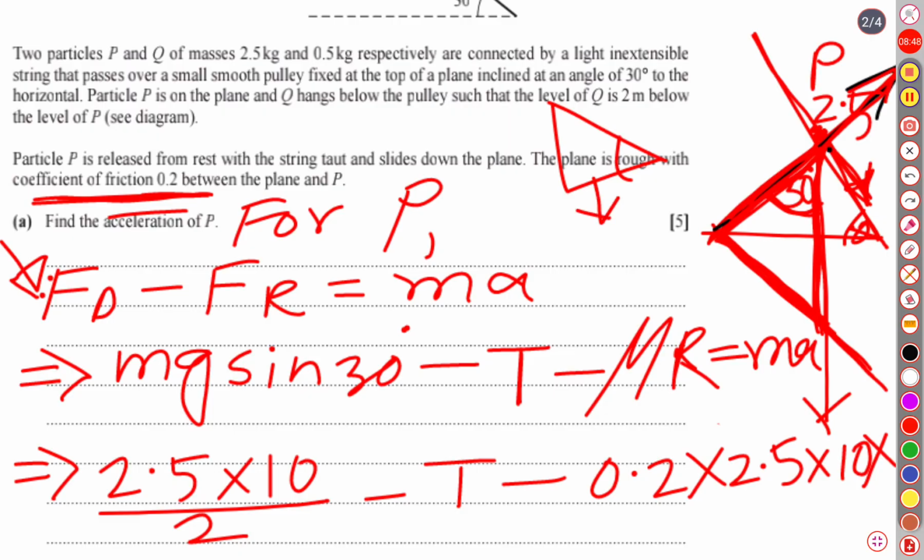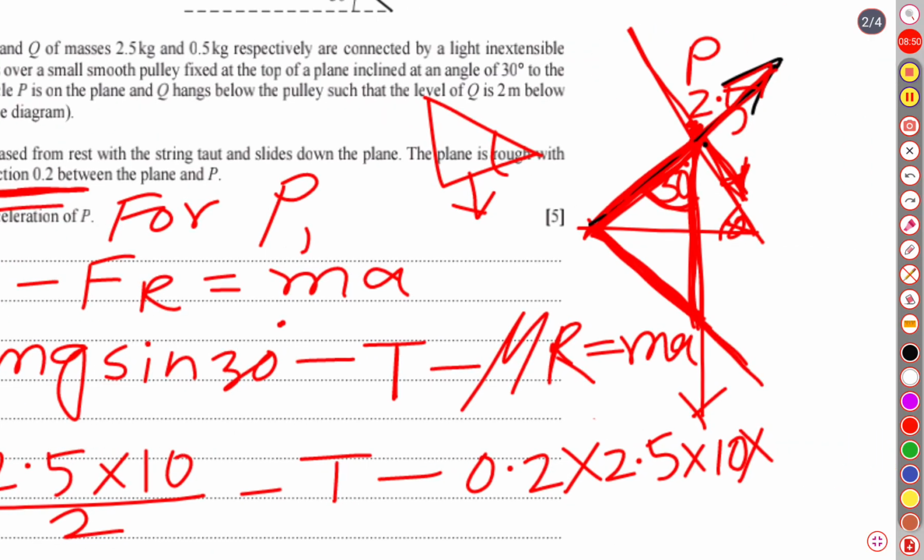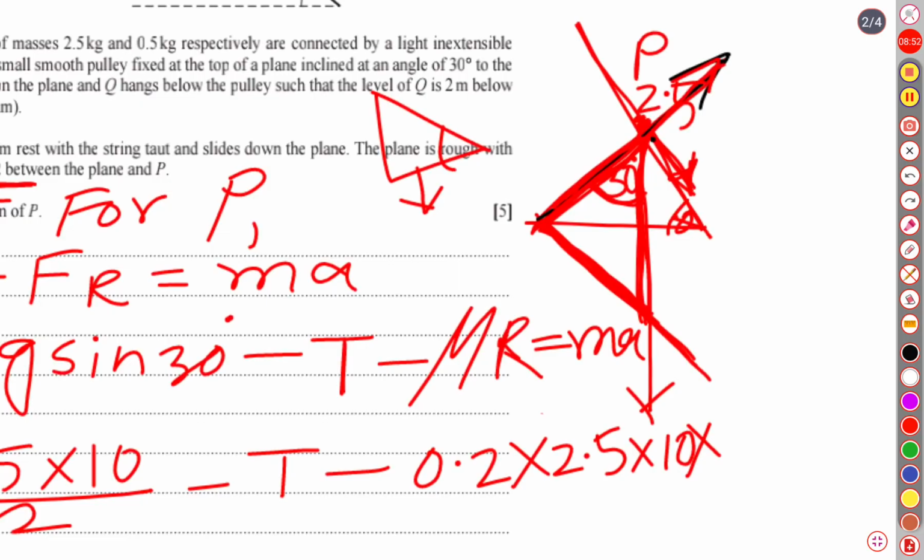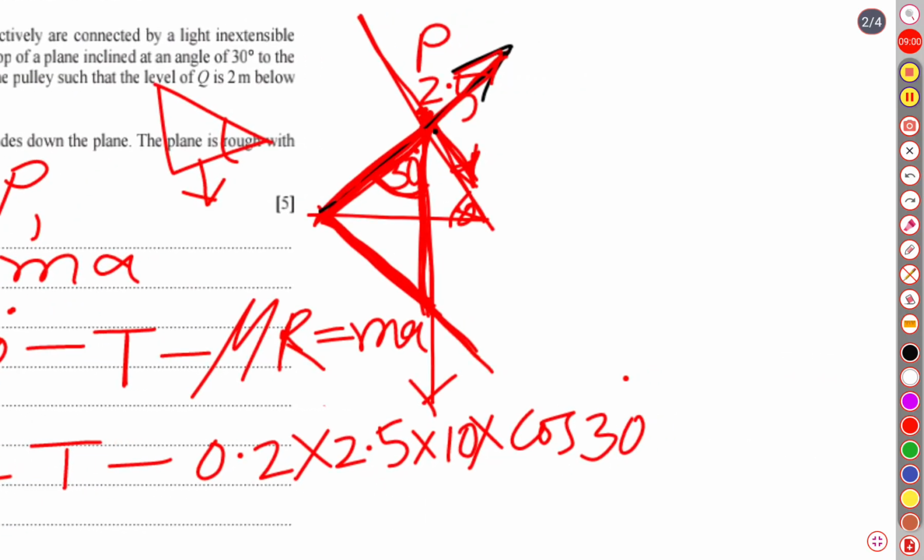So this is cos 30 degrees, equal to the right side. Our right side is ma, and we know the mass of the particle is 2.5, so 2.5